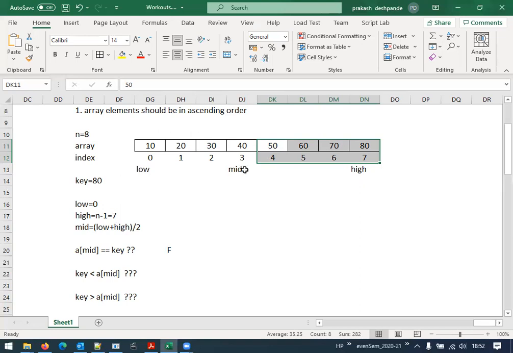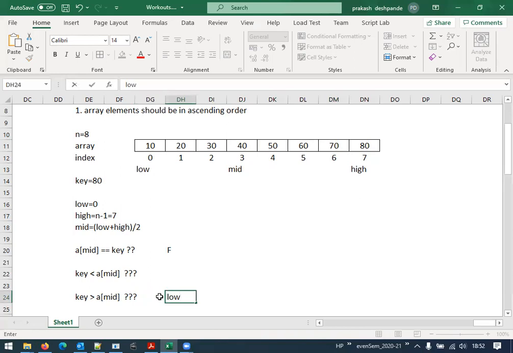If I add 1, then I get the low value. So when the key is greater than the mid positioned value, our low value will get updated to mid plus 1.